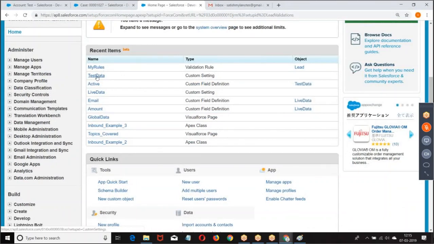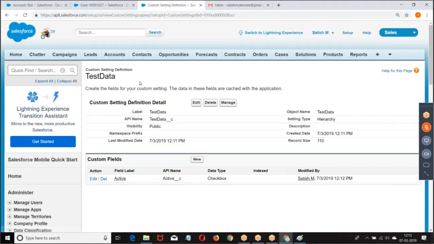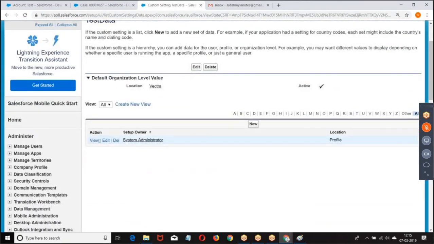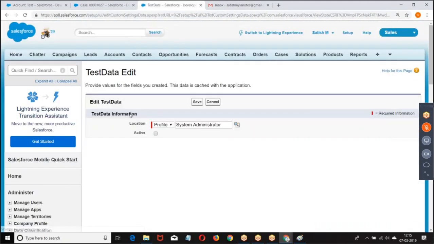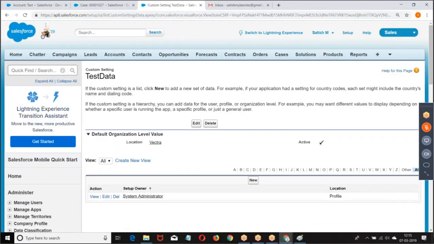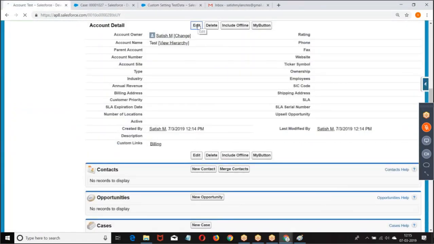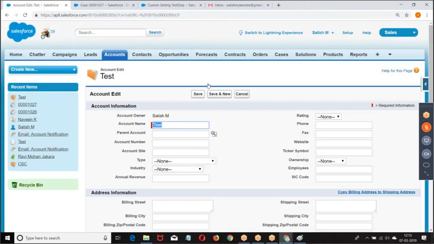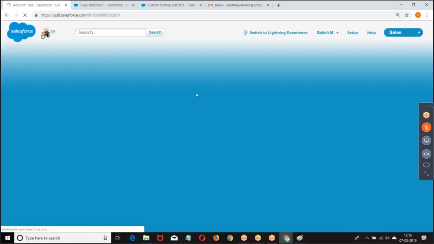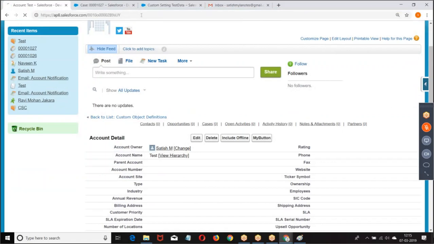Simply go to your test data, manage, edit. Are you making any changes on the coding? Coding wise, you are not making any changes. Again I saved. Let me run it.